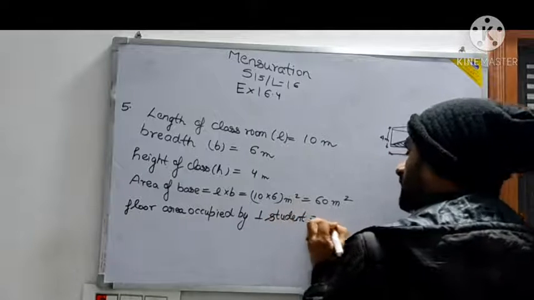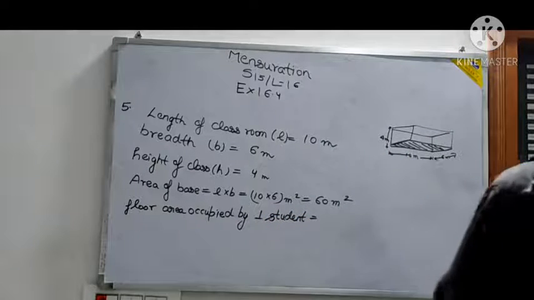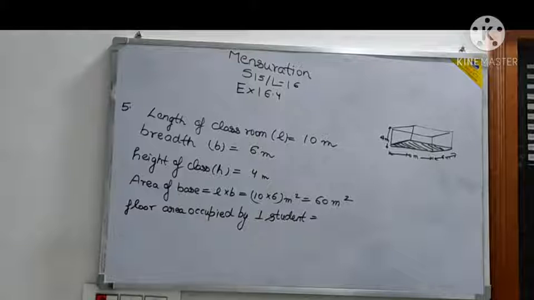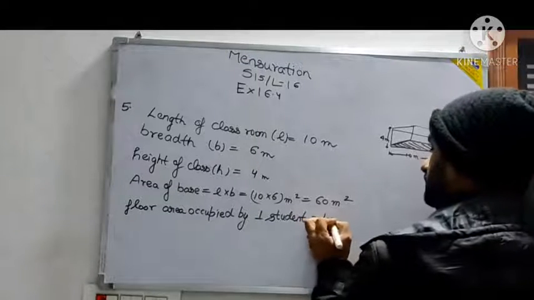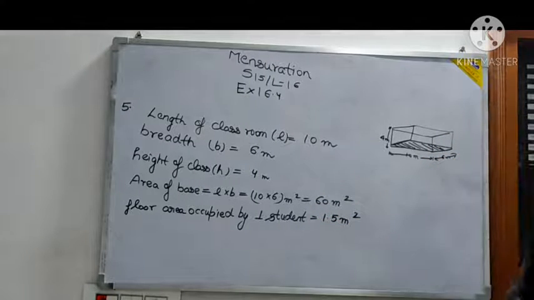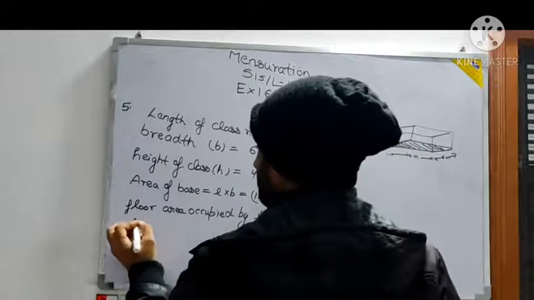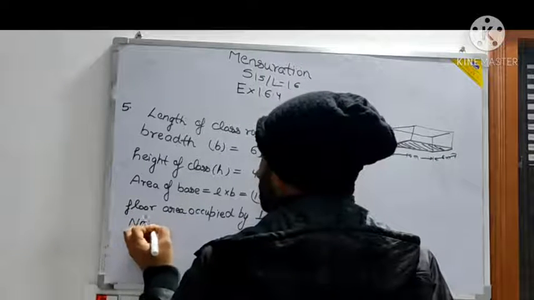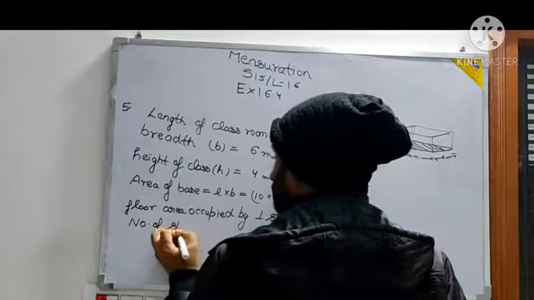So the floor area occupied by one student is given as 1.5 meter square. So now it is asking what? How many students are accommodated? So right here, number of students accommodated is equal to